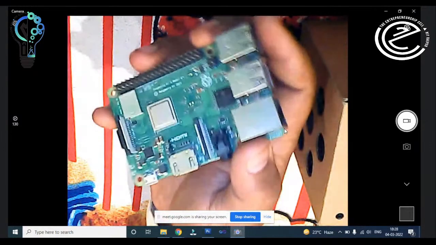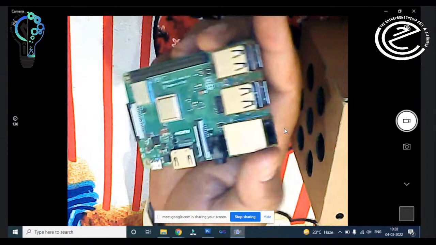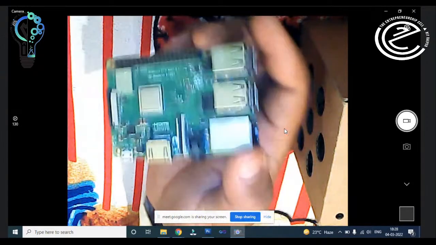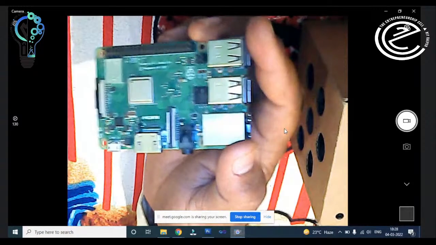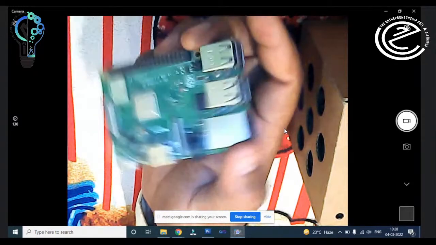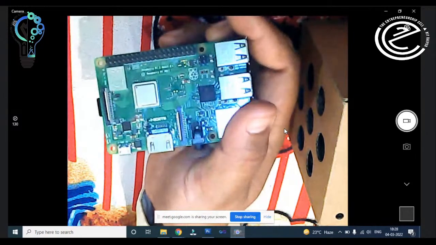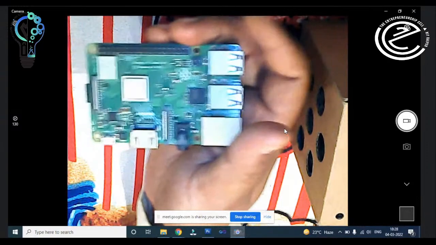You can also interface your laptop with this board, and you can use the display of the laptop to use this board, right? The operating system will be seen on the laptop, and you can perform any task on this Raspberry Pi board through your laptop screen. You don't need a keyboard and mouse and other things to access this Raspberry Pi board.